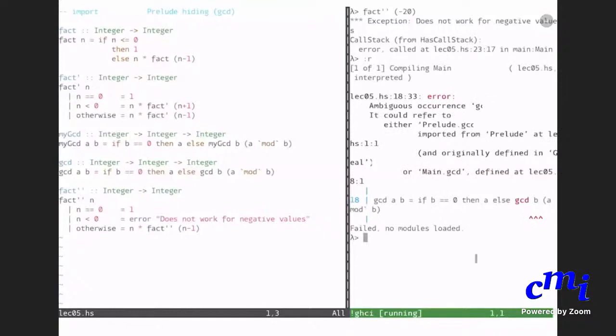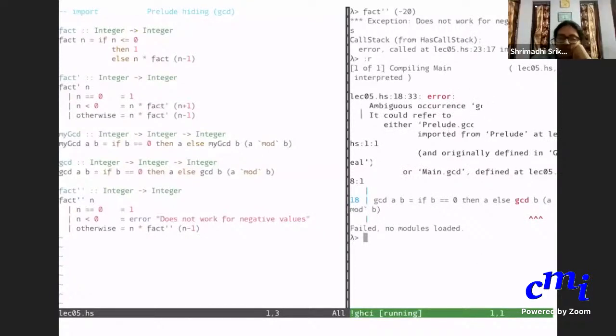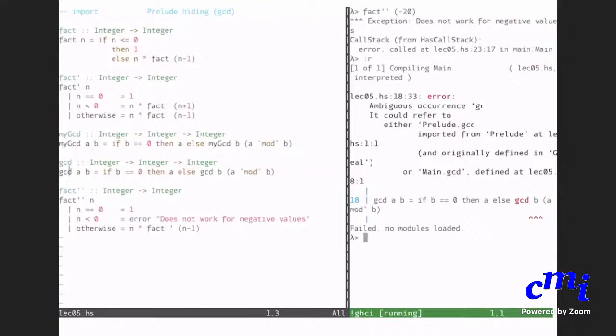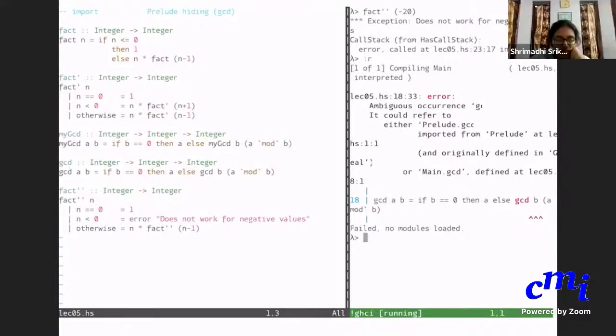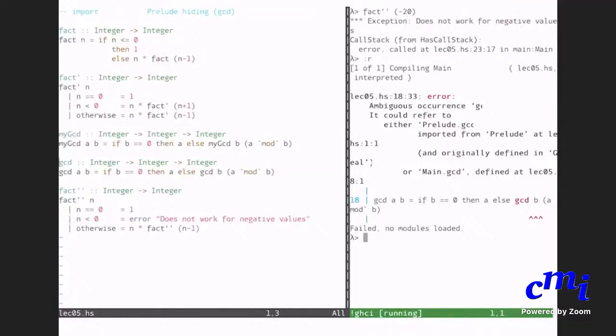It says, ambiguous occurrence GCD. Yes, because I am defining GCD, but your prelude, which is automatically imported, also has a GCD. So you cannot use the same name, which is why you are forced to use my GCD here.